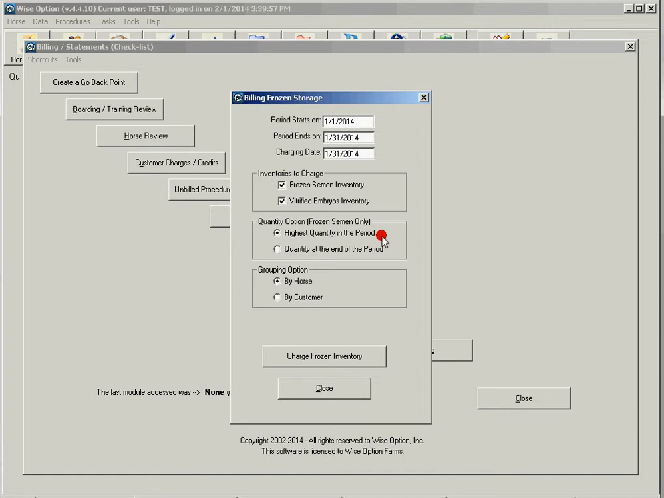Let's say, for example, there were 400 straws on January 15th, but at the end of the month we just ended up with 80 straws. If I leave this option here, it would charge for 80 instead of the 400 if I go for the highest moment in the inventory quantity